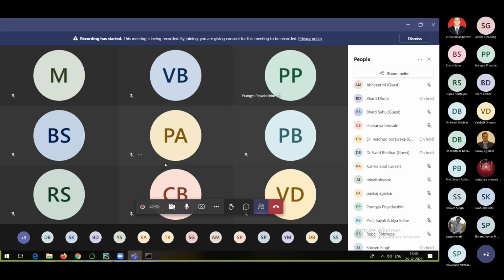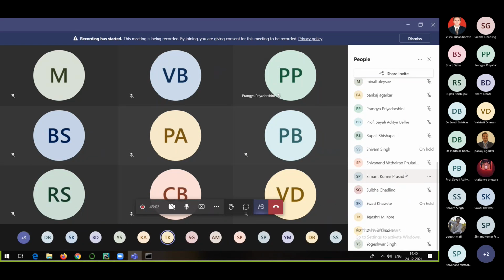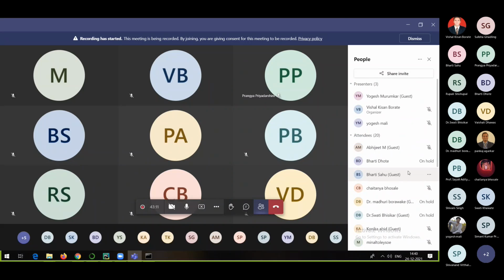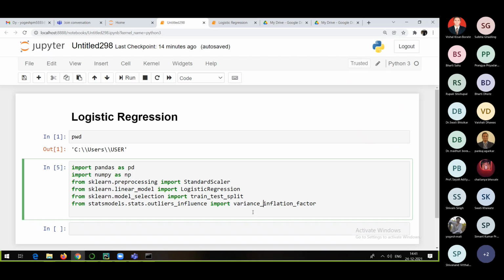That is the only purpose, everyone, why we discuss this particular thing in case of linear regression itself. Because I told you the things which I will be discussing in case of linear regression, you will see that you are going to require those things in other algorithms also. Like here itself, you can see that in logistic regression we require that variance inflation factor.